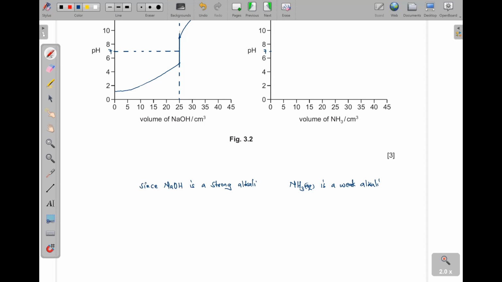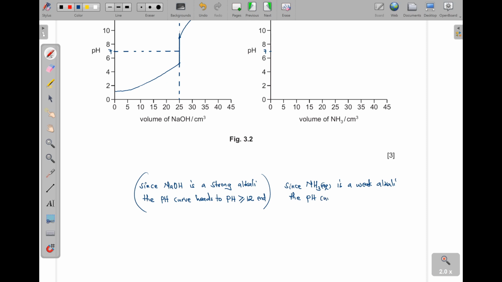Since sodium hydroxide is a strong alkali, the pH curve heads to the pH greater than or equal to 12. Okay, that end there. And also, since ammonium hydroxide, or the aqueous solution of ammonia, is a weak alkali, the